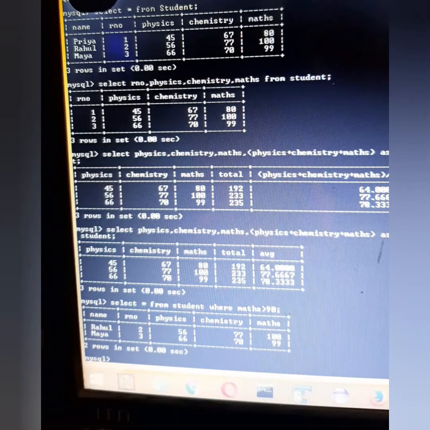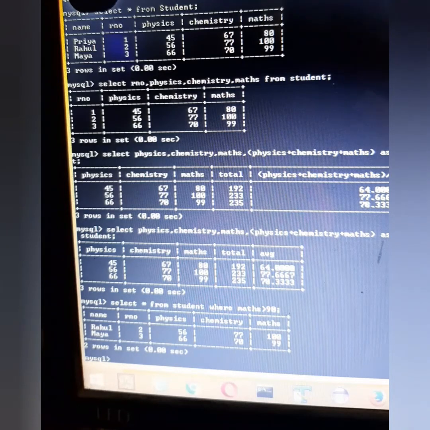So only the records of 2 students will be present, and that is of Rahul and Maya, because Rahul has got 100 and Maya has got 99. So where is a keyword in which you can give your condition, where the attribute name maths, then you can use a relational operator that is greater than and then the marks.